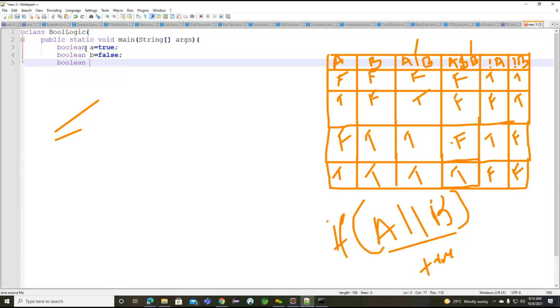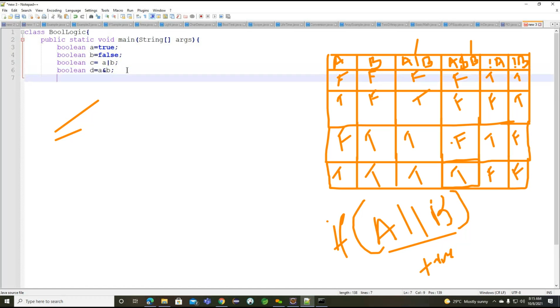Now you can see Boolean C is equal to A or B. Boolean D is equal to A and B. So I'm making an OR condition as well as an AND condition.